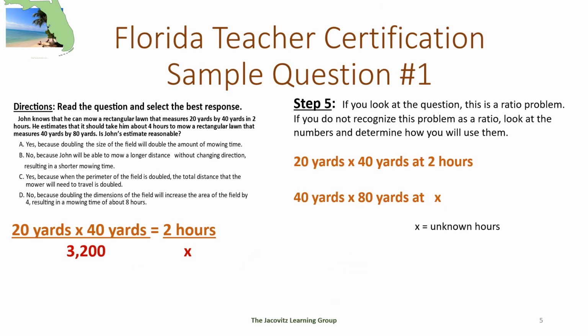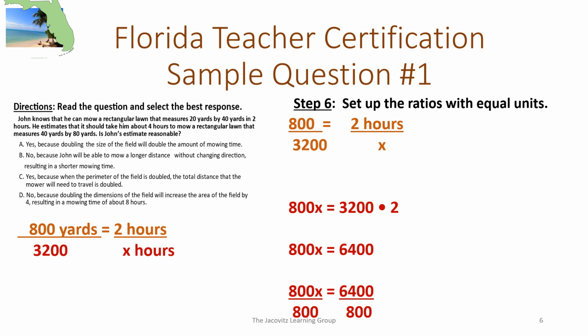So here it is set up, and you have 3,200. Then we go over here and do the math, and when we cross multiply,